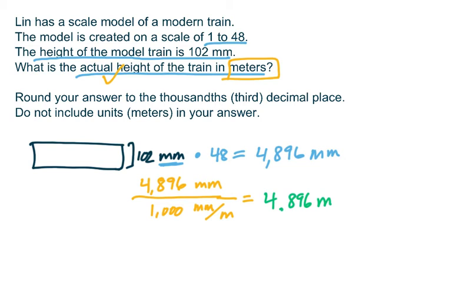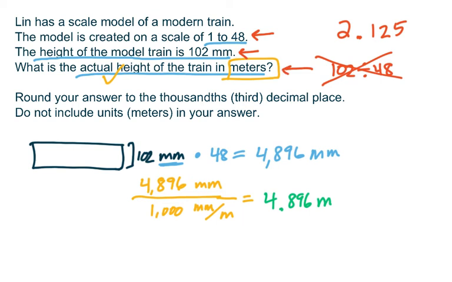If you chose the wrong answer of 2.125, you found it by taking 102 and dividing by 48. So you were thinking about a couple of things correctly, I think. You were trying to use the actual height and you were trying to use the scale, but you used division rather than multiplying to begin with, and then you didn't do a second step to make sure that we were